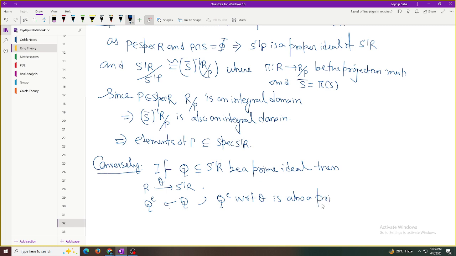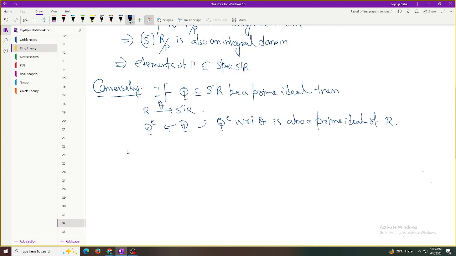You know that contraction of a prime ideal is a prime ideal. Let q contraction equal to p. Since 1 does not belong to q, the q contraction intersection S is empty. Now